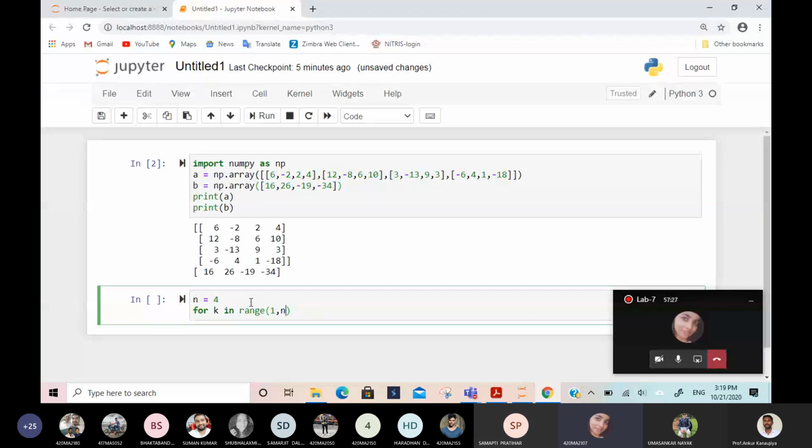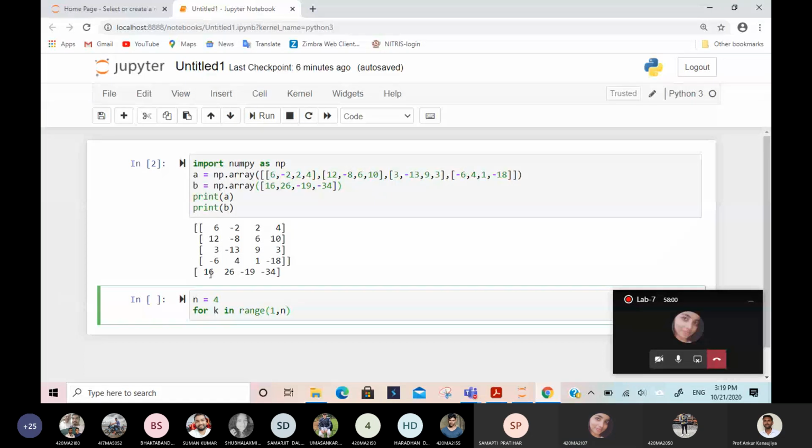in the matrix, this first row is not the first row, this is the 0th row according to Python. Is that clear? So 1 means 0 for Python, so we have to start from 0 and write range, and k will go up to n minus 1, that is 3. 0 to 3 it will go.